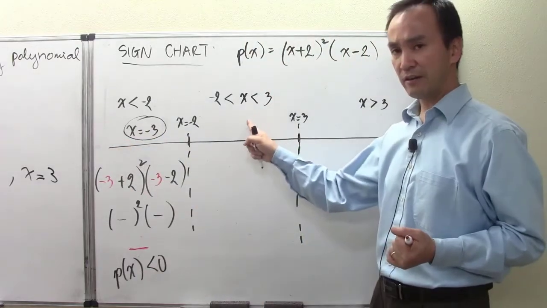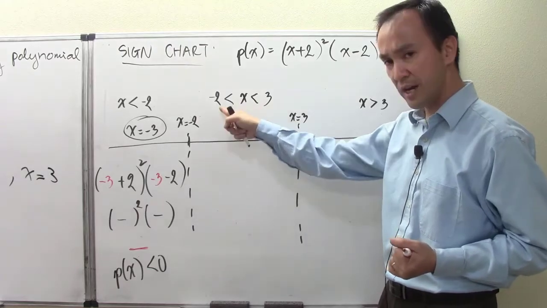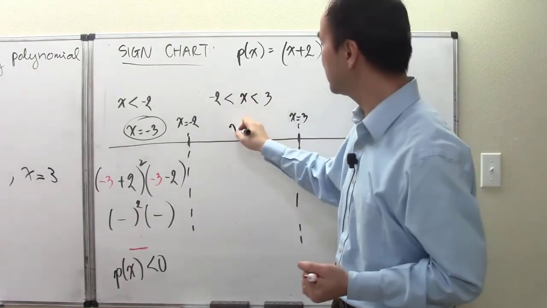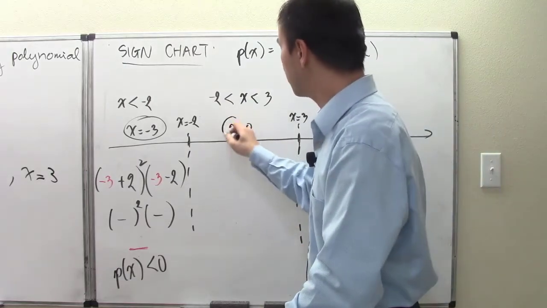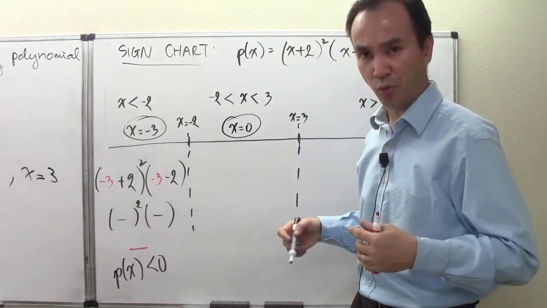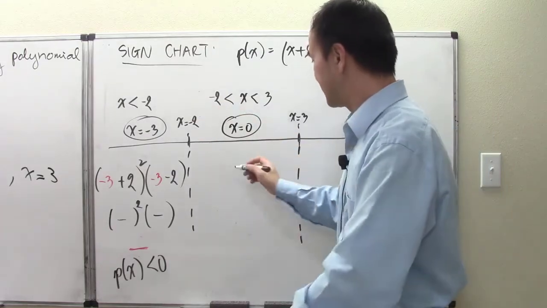Let's now turn our attention to an x value somewhere between negative 2 and 3. I pick x equals 0. Clearly between negative 2 and 3. You can choose x equals 1. You can choose x equals negative 1. Okay? So now,